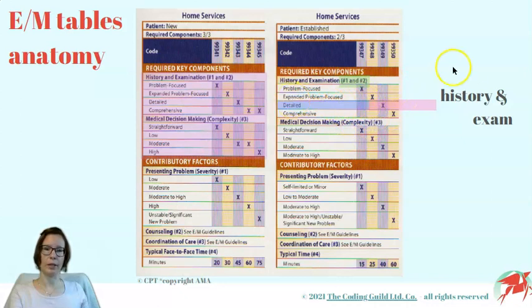For example, here both the history and the exam are detailed, so our coloring overlaps. Half of it is purple and the other one is pink. And although we only selected 1 row in this instance, we have selected something for both the first and the second key components required from this subsection, so we are good. The second half of the key elements determines the medical decision making. No problem here, we are simply choosing the row necessary for the level assigned.